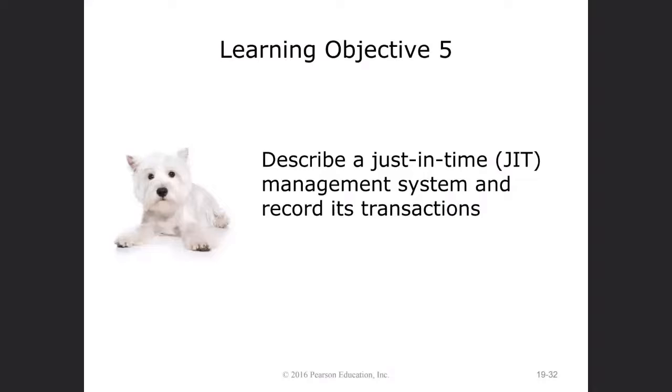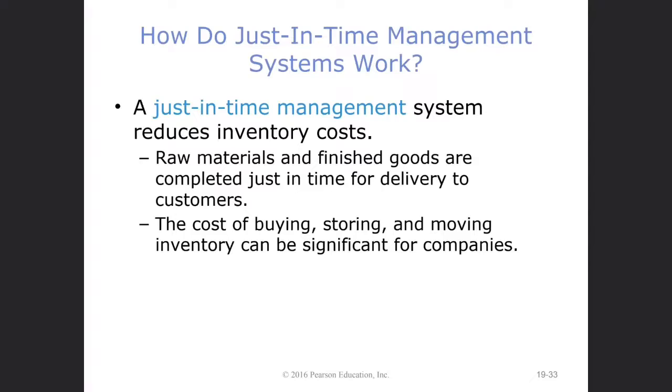In learning objective 5, we're describing a just-in-time (JIT) management system and recording its transactions. So can anybody give me an example of just-in-time? Maybe like a company that uses it, or a type of business? Amazon. Amazon does, or, you just go, what is it called? Ross. You go to Ross and